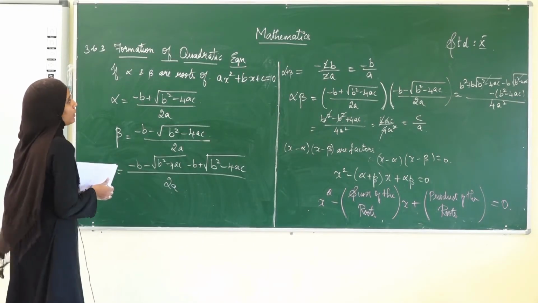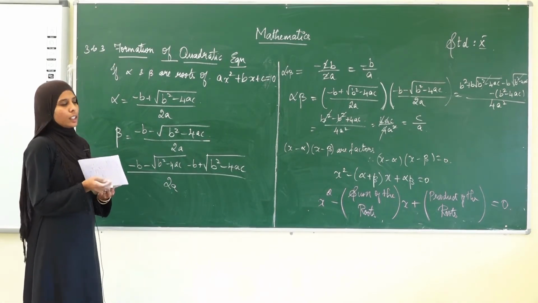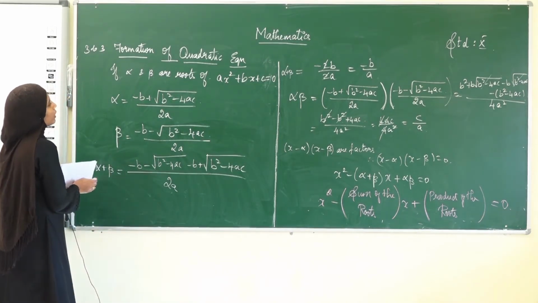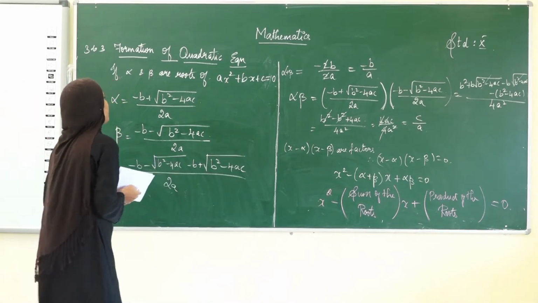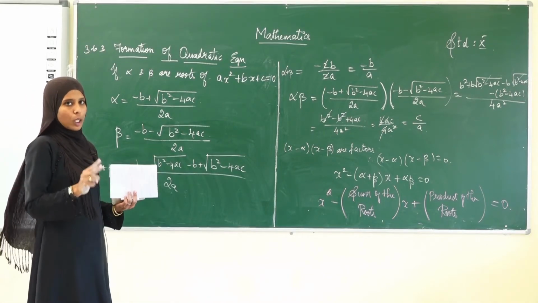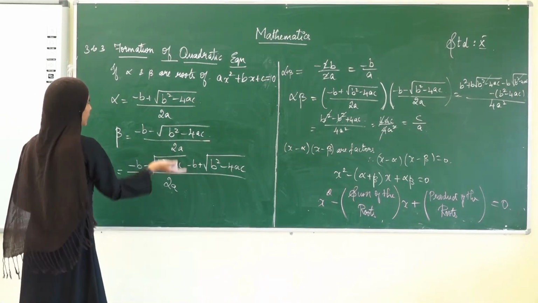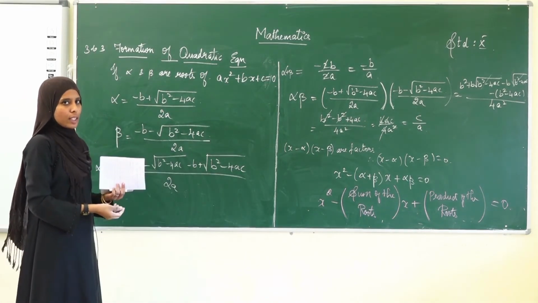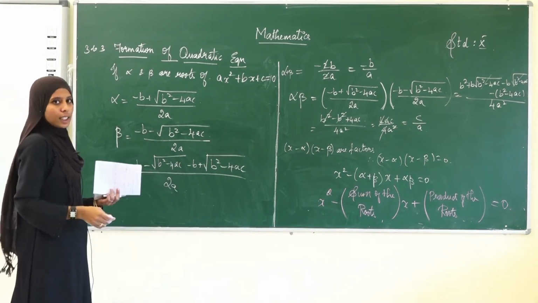Last time we saw, from the quadratic equation, the general form of roots. Now, using the roots, we are going to find how to form the quadratic equation. Since it is a quadratic equation, it must have degree 2, therefore it must have only 2 roots. We are taking the 2 roots as alpha and beta. From the last subdivision, we know that the 2 roots are minus b plus or minus root of b square minus 4ac divided by 2a. So one root we take as alpha and the other root as beta.